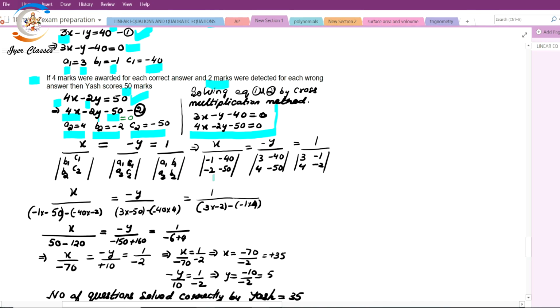ओके, अब इसके बाद नंबर सब्स्टिट्यूट कीजिए, जो a1 और a2 की वैल्यू मिल गई है, तो आपने क्या लिखा, x इज इक्वल टू, x के नीचे क्या लिखना, b1 b2 आपको क्या मिलती है -1, और b2 जो मिल रही है -2, c1 -40 एंड c2 इज -50। सिमिलरली y के नीचे आपको लिखनी है a1 a2 यानी 3 4 एंड -40 एंड -50। 1 के नीचे आपको लिखनी है a1 a2 एंड b1 b2, सो 3 4 एंड -1 -2। ठीक है भैया, अब करते हैं क्रॉस मल्टीप्लीकेशंस।